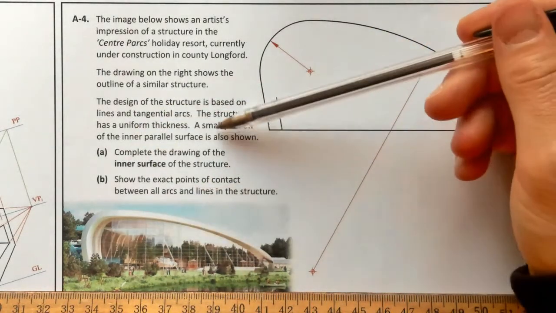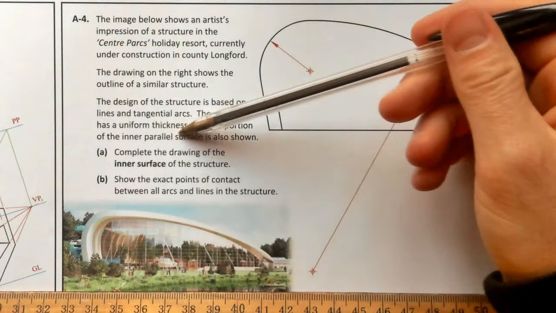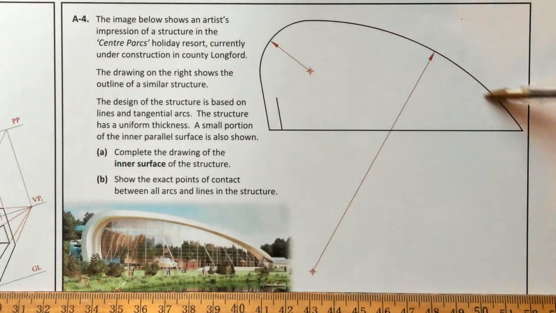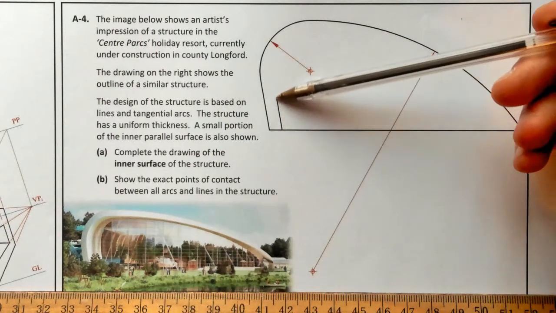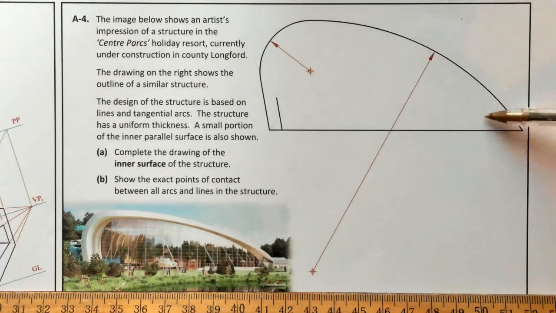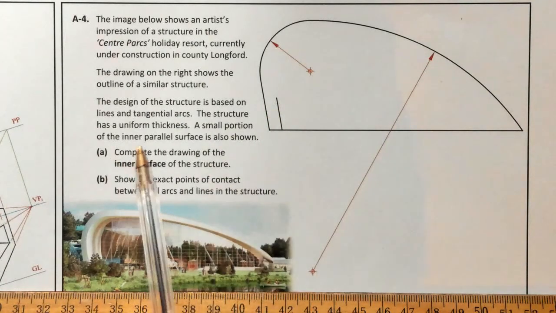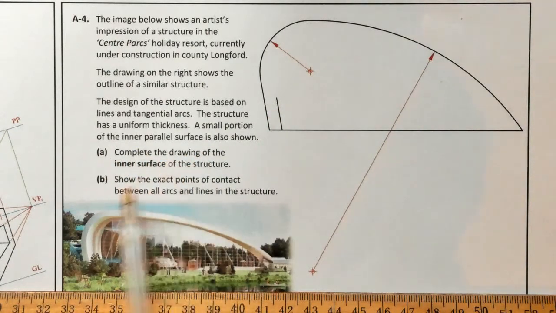And a small portion of the inner parallel surface is also shown. So we're given the outline. I assume what we have to do is complete the rest of it inside here. And as we said, it has the same thickness, so we have the thickness here. Complete the drawing of the inner surface and then show the exact points of contact between all arcs and lines